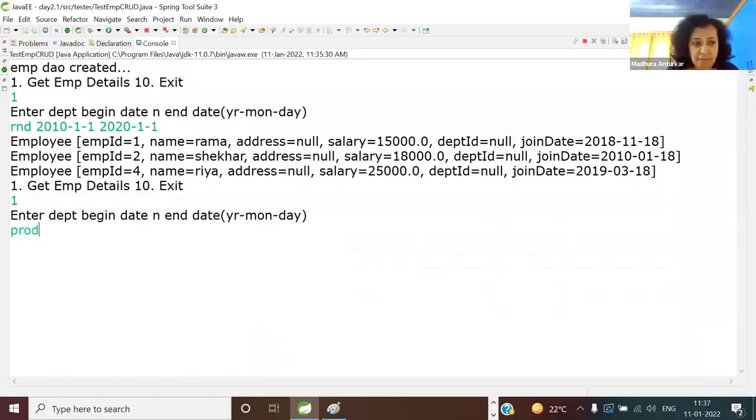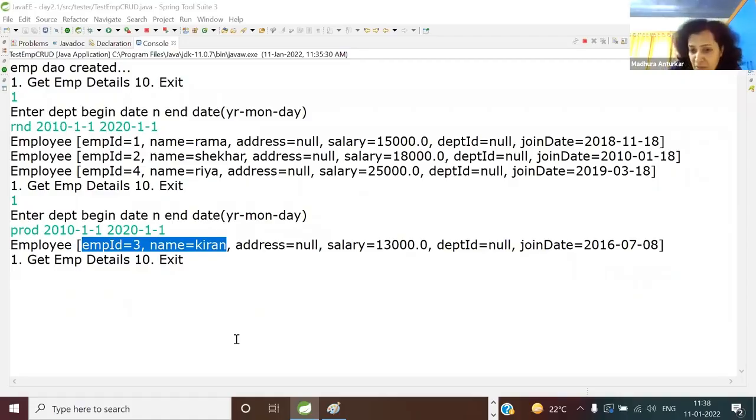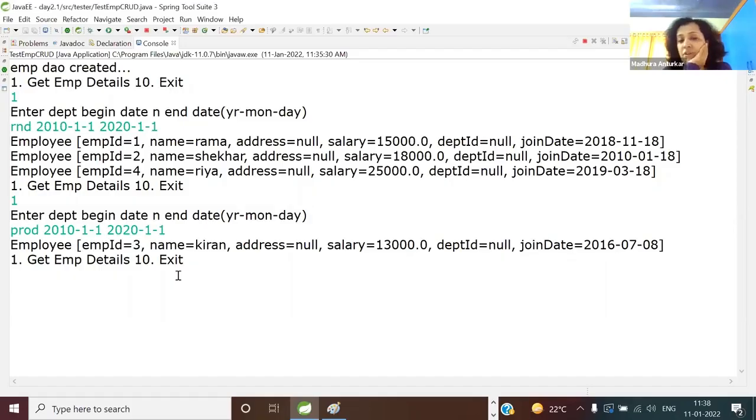So for example, if I say this time a different one, something. I've not checked actual data, but I hope something will be there. Yeah. So here I have got another employee whose details are this. Details are visible. So tell me, did you understand the servicing phase? Yes. Did you understand the advantage of a prepared statement over statement? Same prepared statement can be reused with different inputs, and the only thing which will happen is setting in parameters and executing the query. Tell me, is it working for all of you